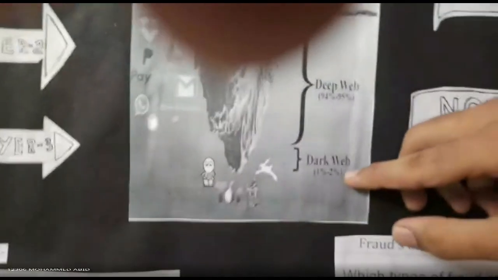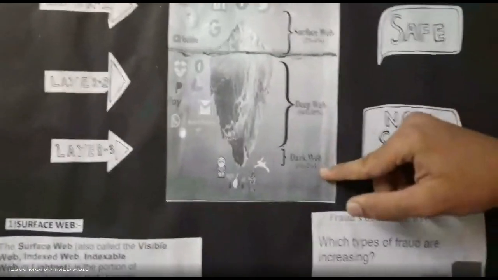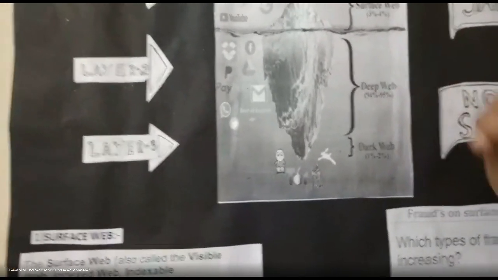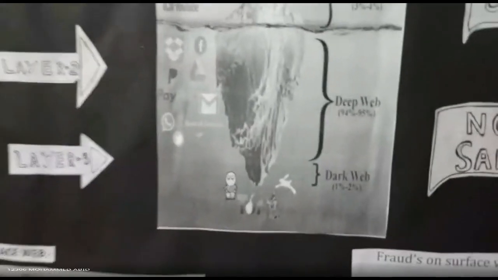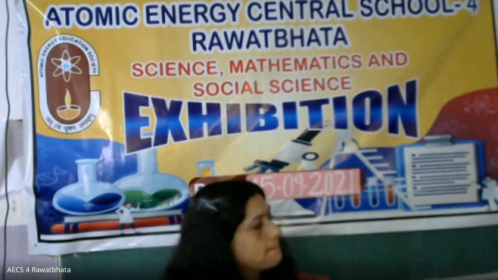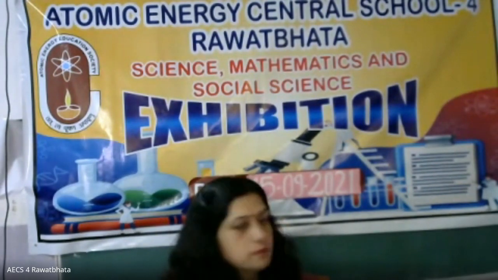Now I will explain the third layer, which is called the dark web or darknet. It is the smallest part of the internet, but you can say it is the most illegal part of the internet, because all the criminal activities from terrorism to ISIS and torturing take place here. In short, the darknet or dark web is that part of the internet which is not easily available to everyone, or you cannot just type darknet on the internet and just... So your time is over. Okay, ma'am. I hope that all of you gained some knowledge from it.